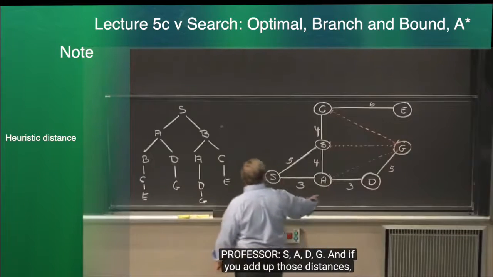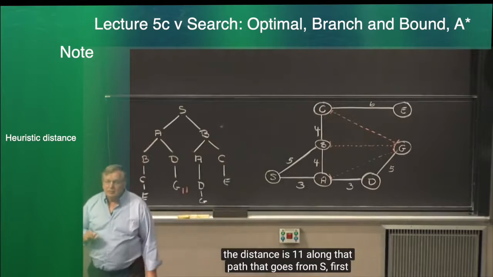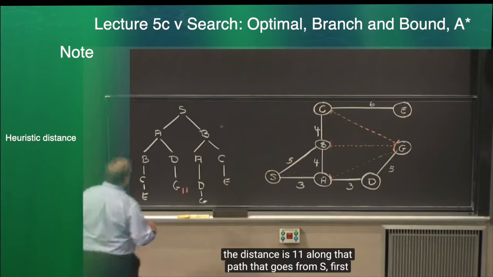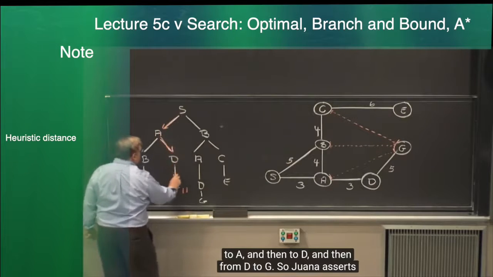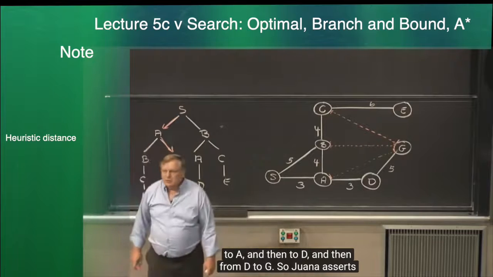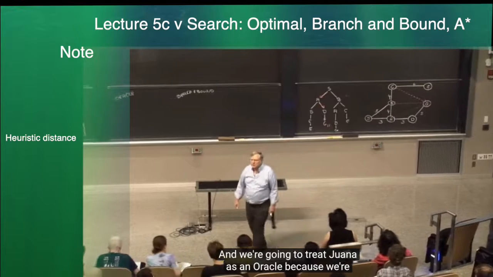SADG. And if you add up those distances, the distance is 11 along that path. It goes from S first to A, and then to D, and then from D to G. So Juana asserts that that is the best path, and we're going to treat Juana as an oracle, because we're